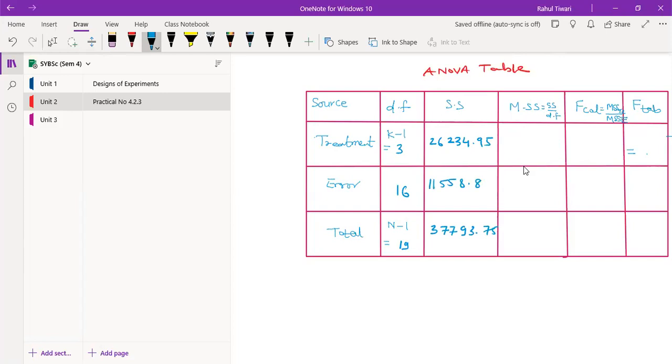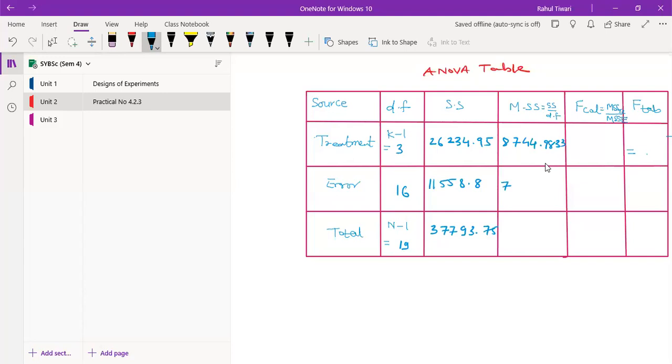Maybe you just do the subtraction and see. So when you divide this quantity by 3, you will get the mean sum of squares, which is 8744.9833, and this upon this you will get